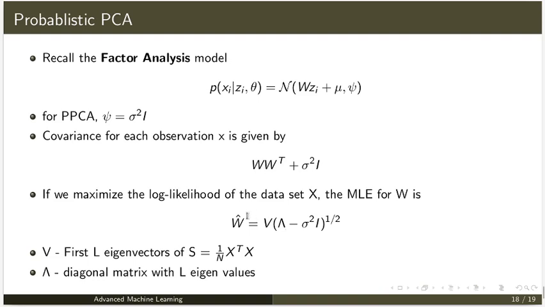So in probabilistic PCA, the solution is developed in a slightly different way, by maximizing the log likelihood of the data set, or by using the expectation maximization method. But the idea is the same, and you get a probabilistic solution for x_i. Instead of saying that x_i is equal to W z_i, we say that the probability of x_i given z_i comes from a normal distribution with mean W z_i.